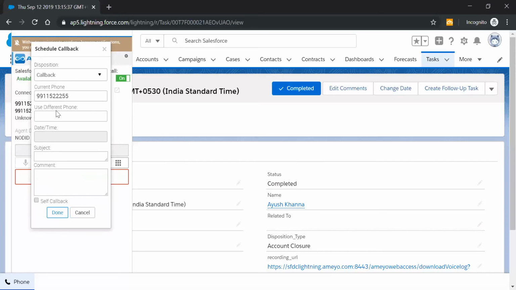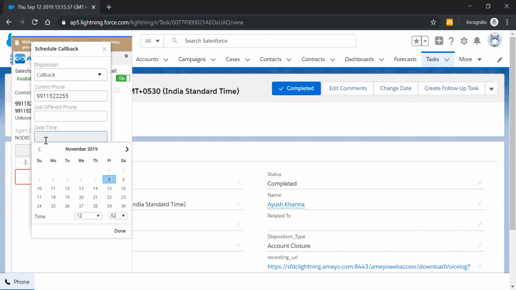And yes, lastly, we have the callback functionality. Now, a very simple scenario, let's say during the conversation itself, the agent gets a bit busy, or the customer gets a bit busy and requests a callback. In that scenario, it's quite easy for the agents. They just need to specify the time and the date. That's it. So let's say I set the callback after 1 hour.